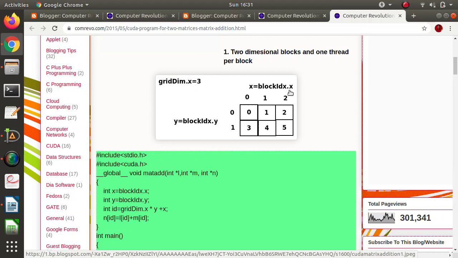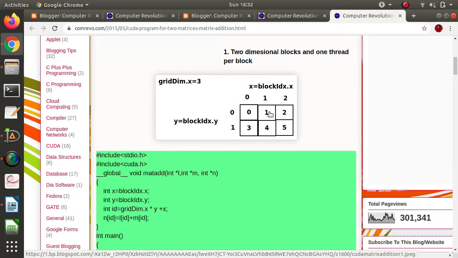One is blockIdx dot x, the ID along the x-axis, and the other is blockIdx dot y, the ID along the y-axis. As each block has only one thread, each thread will have ID 0, while they have two block IDs: one along the x-axis and one along the y-axis.